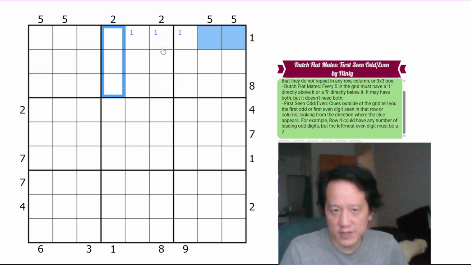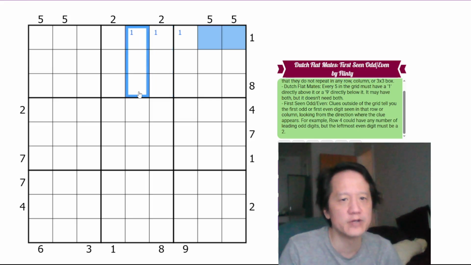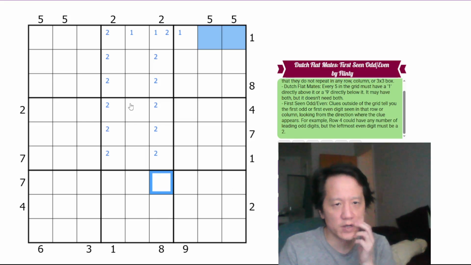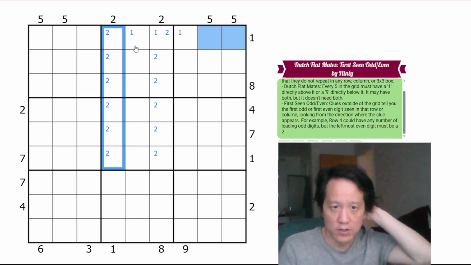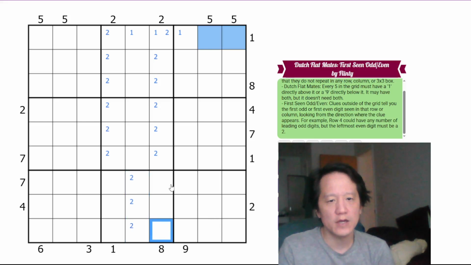So one of these is all 3 odds. We're not sure which. So 2 cannot appear here. That's all we know. 2 has to be one of either here or here, and then the other one has to be here or here. So in columns 4 and 6, the 2 can be either here or here. That means in column 5, the 2 has to be one of these digits here. 8 can be...